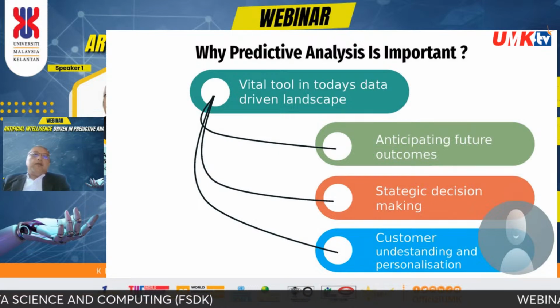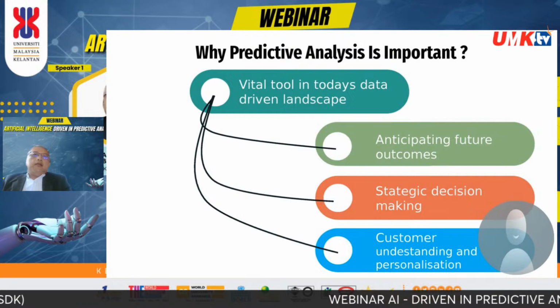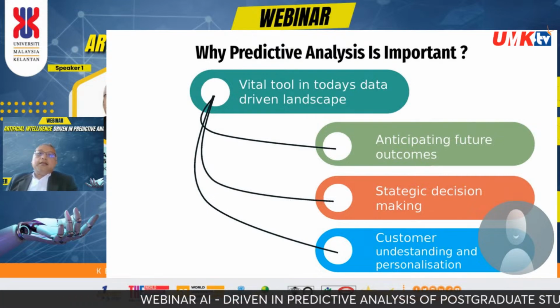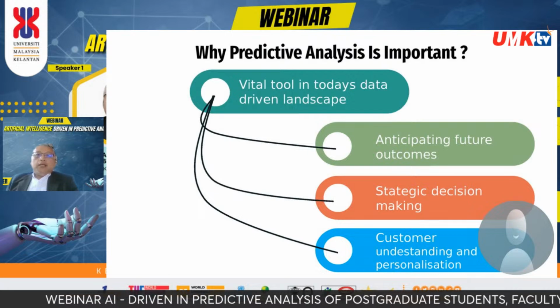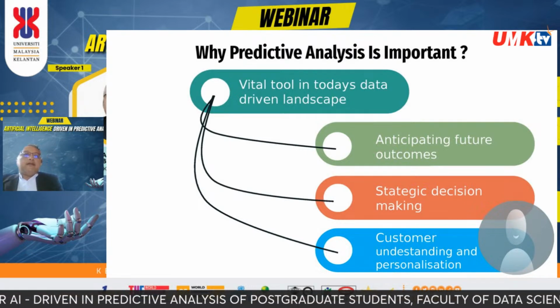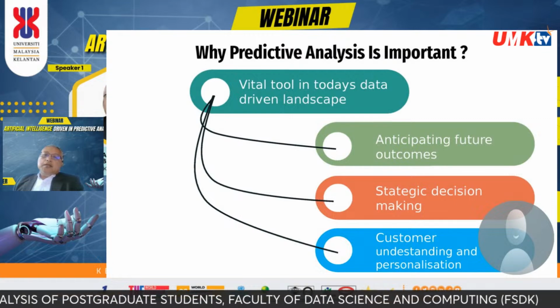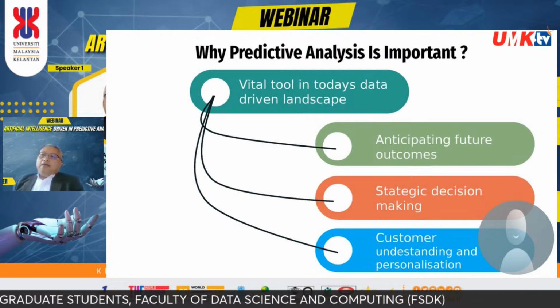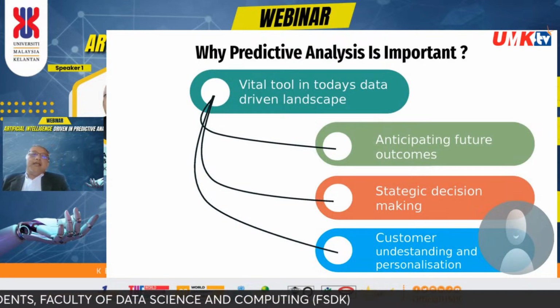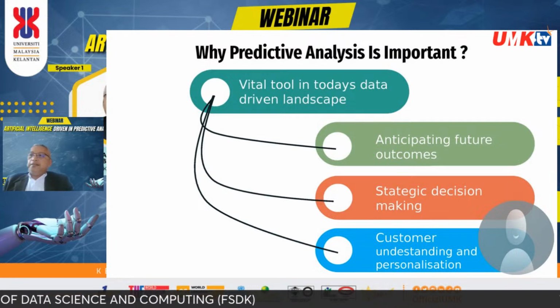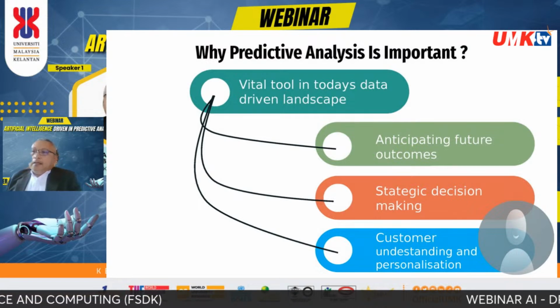Okay, like I said, if we have the historical data, so we will make a good decision. Okay, and the third one is the customer behavior understanding and personalization. Okay,